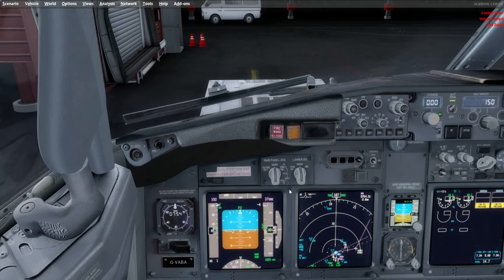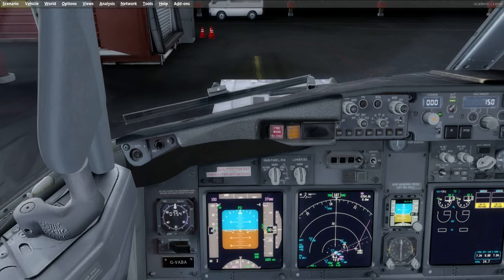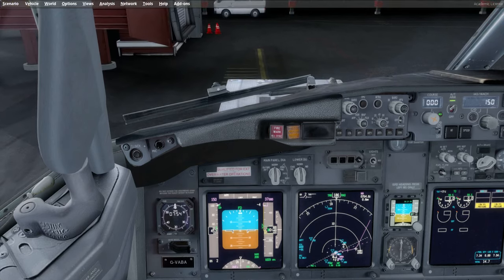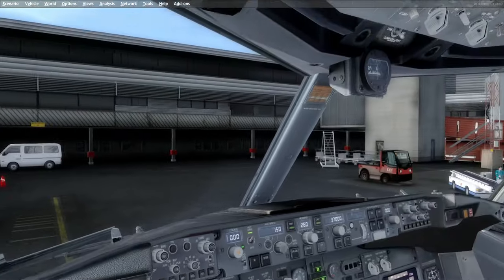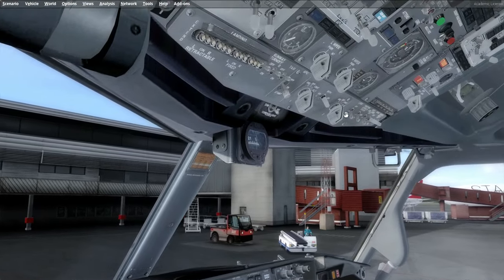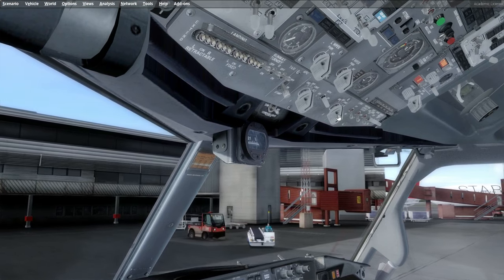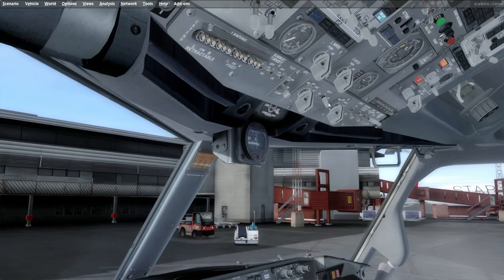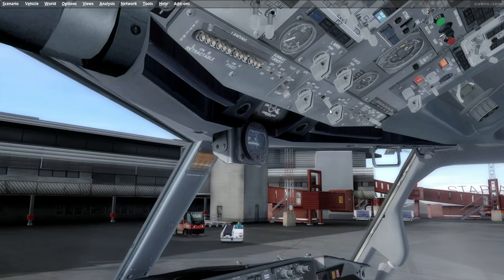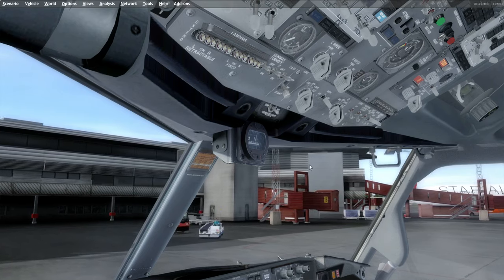Okay, so we're now free to start the engines. How do we do that? Quite simple. Above you, we've got these two starter knobs here. All you do is click this switch over to the right hand side and then toggle the switch to the left, and you'll see below